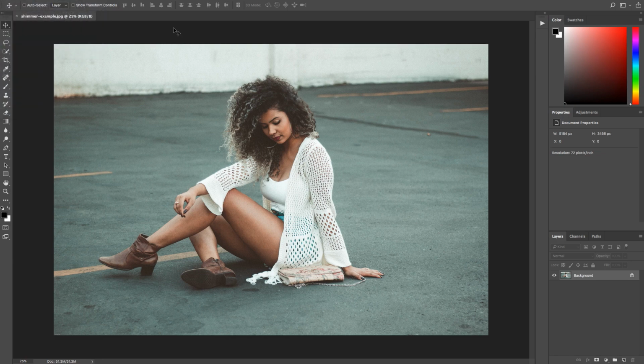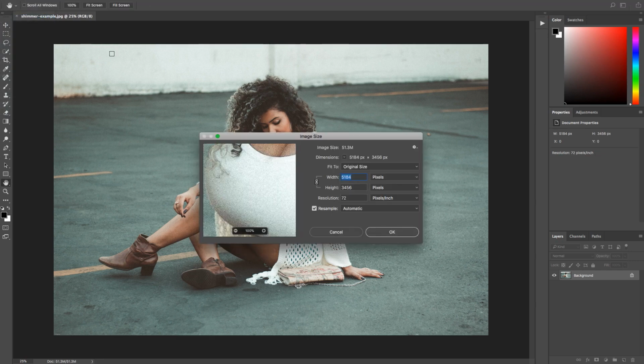The next thing we want to do is make sure that the image that we're working with has the proper dimensions to get the best results. You don't want to use images that are way too small or way too big. Now 7 Styles has it recommended to use an image no smaller than 1500 pixels and no larger than 3500 pixels. So if we go and check out this image size by going to Image, Image Size, you can see